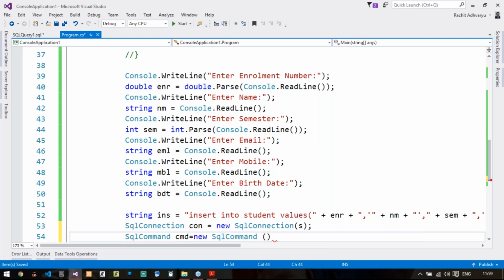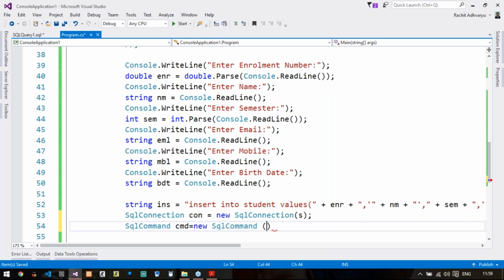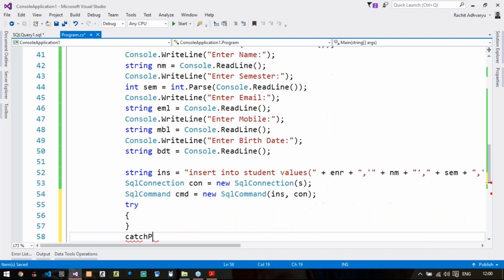Next task, define try catch block. Can anyone tell me why you are using try catch block? Be quick in the answer. Why should we use try catch block? Give me one answer. Those who can remember or recall. Why do we use try-catch block?